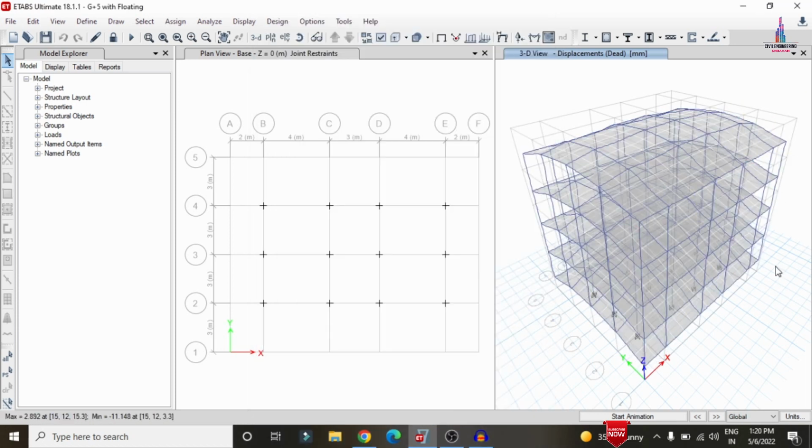So now we can see this is the deflection of the slab that is obtained at the different slab levels: 1st slab, 2nd slab, 3rd slab, 4th slab, 5th slab. Due to the presence of the respective external column section, the slab will be bent like this. Now we have to see the results under shear force and bending moment.